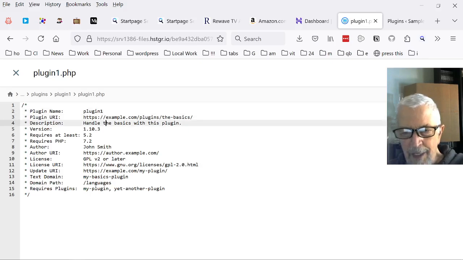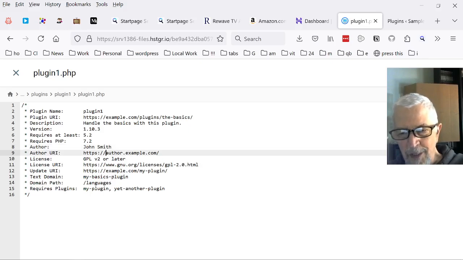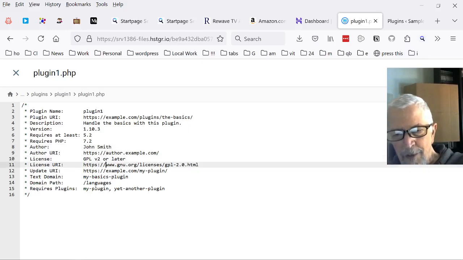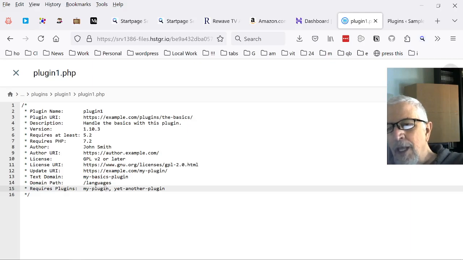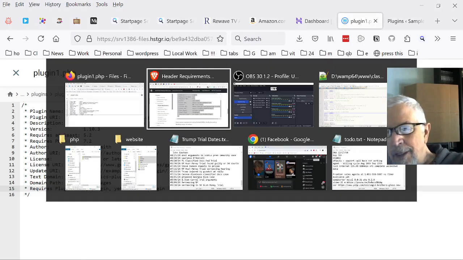We're going to leave that. Version requires at least 5.2 of WordPress, requires PHP of 7.2. Author John Smith. I'll just leave everything in here the way it says just to show you what this is going to do. So now if I save this and go back to my